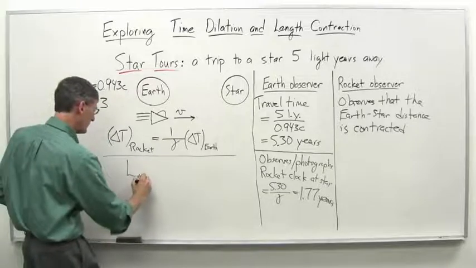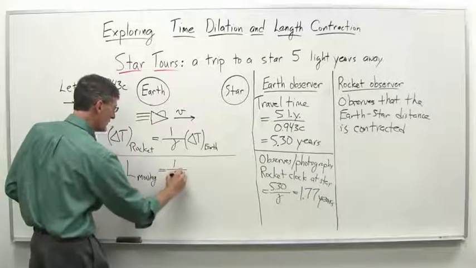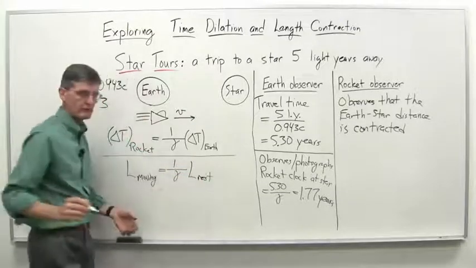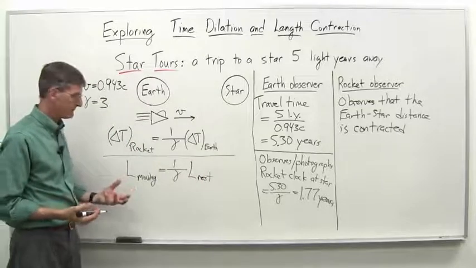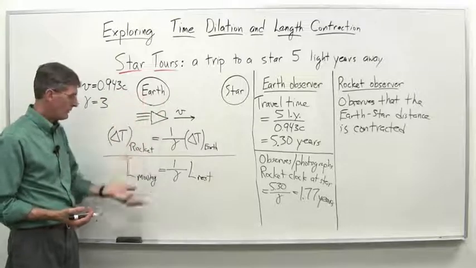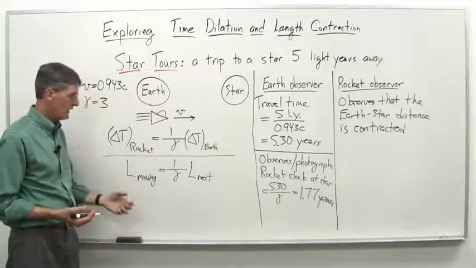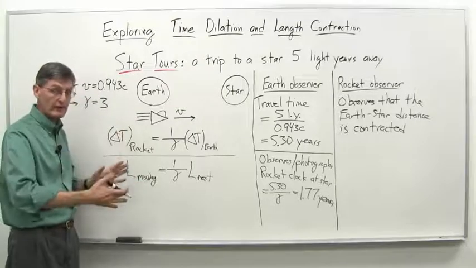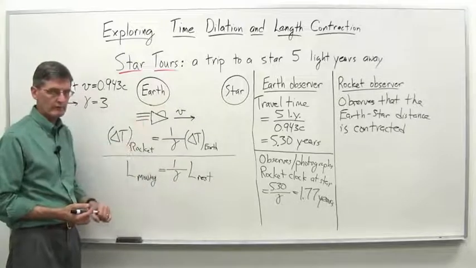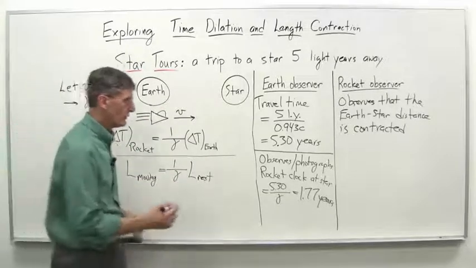So the length in a moving frame is 1 over gamma times the length in the rest frame. And when it's at rest, it's 5 light years. But Bob sees it moving at a velocity v, 0.943 c. And therefore, if he measures that distance, he's going to get 1 over gamma times 5 light years. And gamma, we've chosen to be 3. And so he sees,